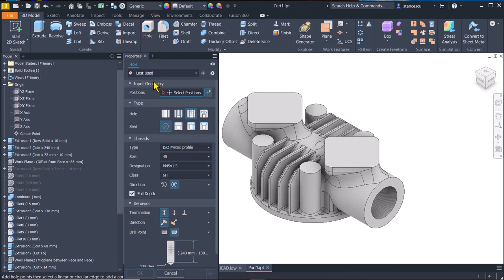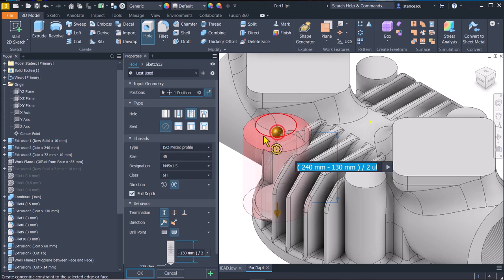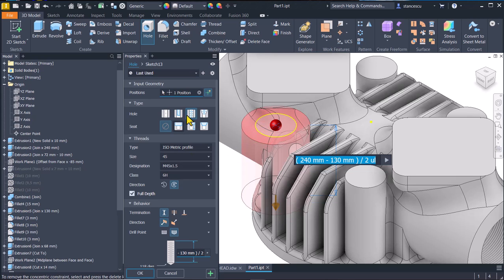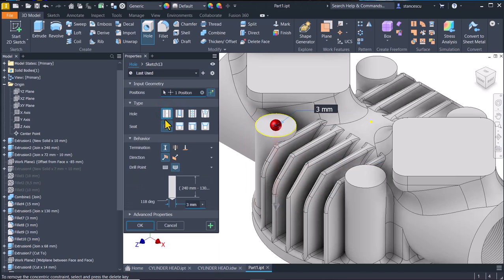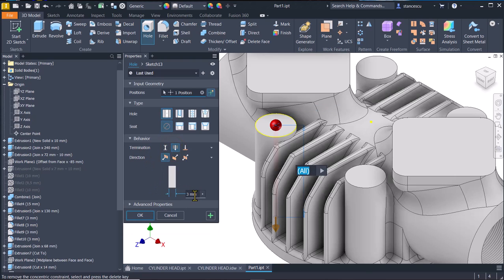Hole, face, center, not threaded but direct, through all, with a diameter of 13,